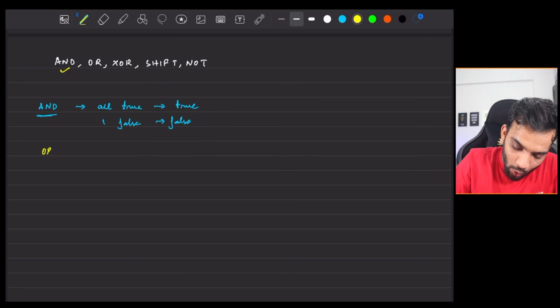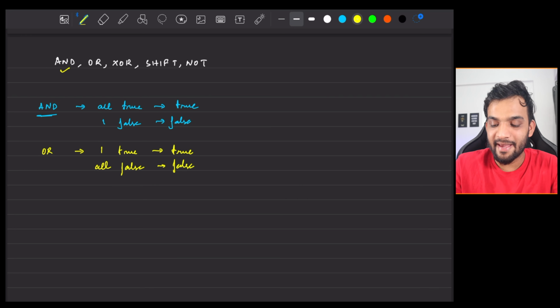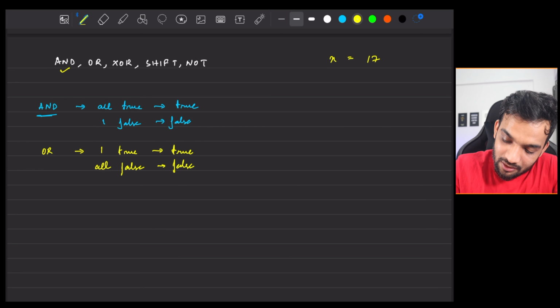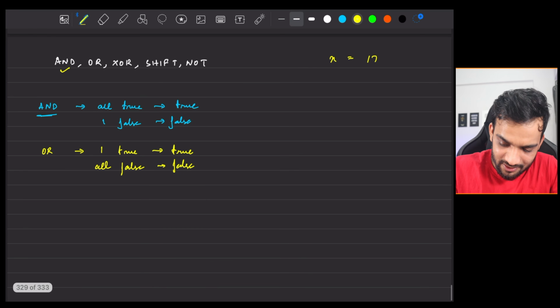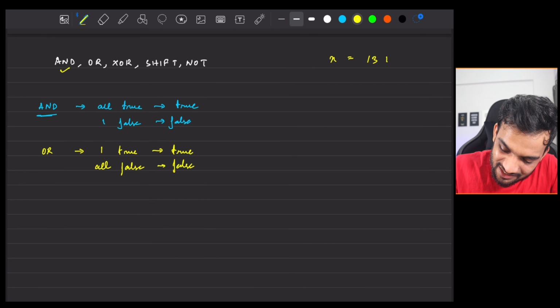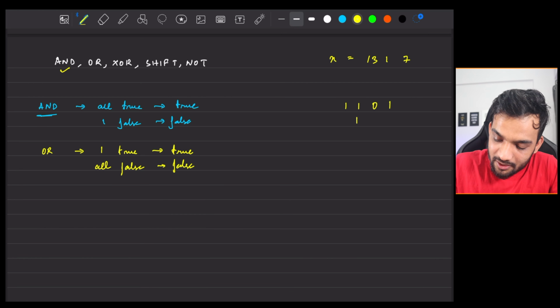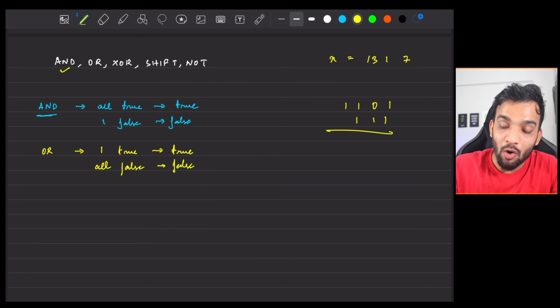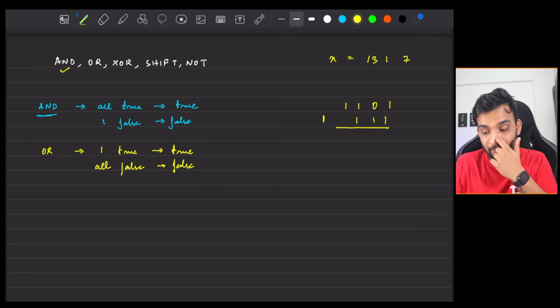The next one is the OR operator. When I say OR, it means one true means true. All false means false. Got it? The sign of OR is this one, the pipe. Let's say x equal to 13 OR 7. Again, 13's binary is 1, 1, 0, 1, and 7's binary is 1, 1, 1. So when you do an OR, which is basically the pipe operator,